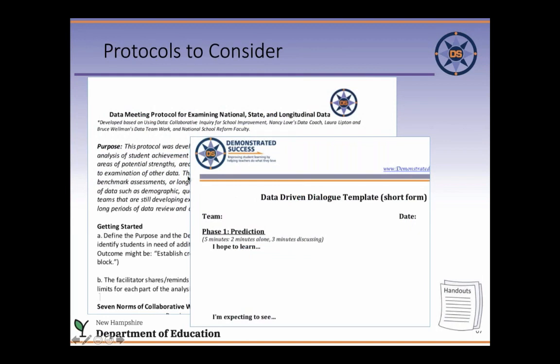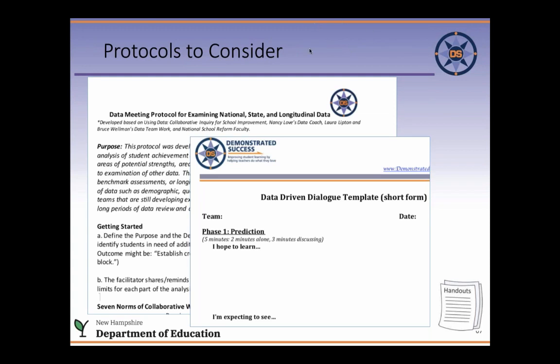These are the first two pieces of the protocol, or actually not the first two. There are some norms documents. When your team first meets, you should come up with some norms for your team and some roles. So who's going to be the note taker, who's going to bring the snacks, that's the most important role. Who's going to keep track of artifacts. So you'll have the norms and the roles set up before.